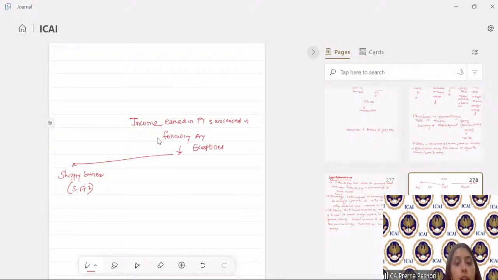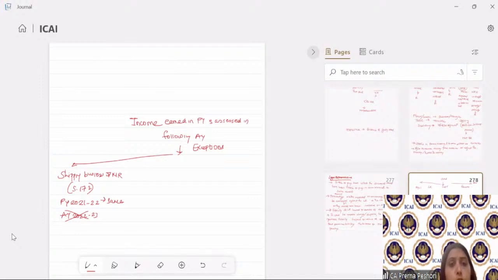So say for example, the ship is there. This is shipping business of a non-resident. Say for example, there is previous year 21-22. So the income of this shipping company will be assessed in this particular year only. It will not be assessed in AY 22-23, because nobody knows whether the ship will come back or not, and then it will be very difficult to recover. So 172 requires that for the shipping business of the non-resident, before the ship is leaving, they need to obtain the certificate, and the levy and the recovery of the tax will be in the same particular year.